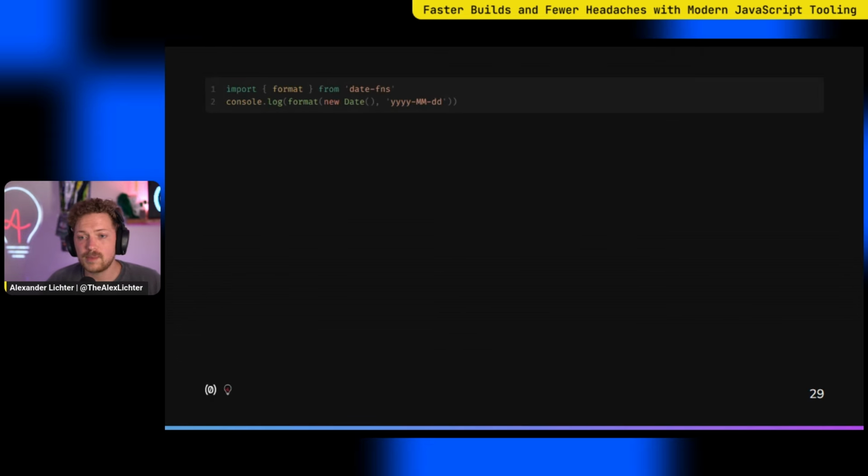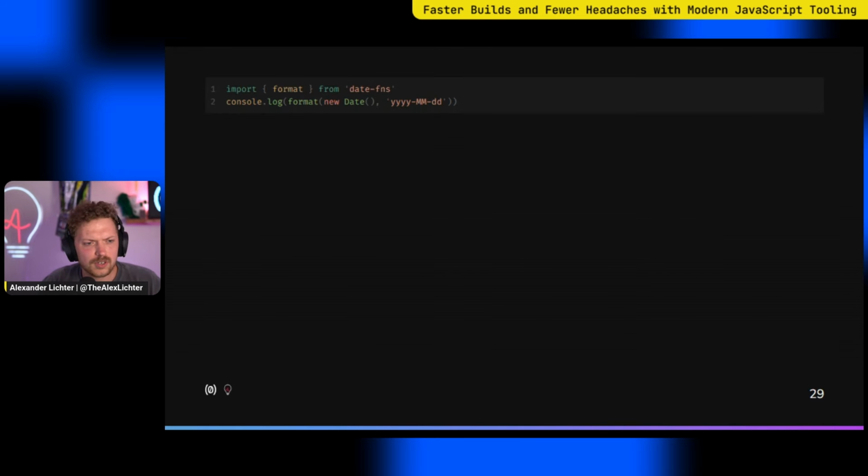And if we think about dependencies and libraries, first of all, if we use a dependency like date functions, for example, we don't want to pull in all of the JavaScript at once, right? We want to only take the code that is used. So I want to tree shake the code that's not there. So here we only want the format function and the internal functions that are called.